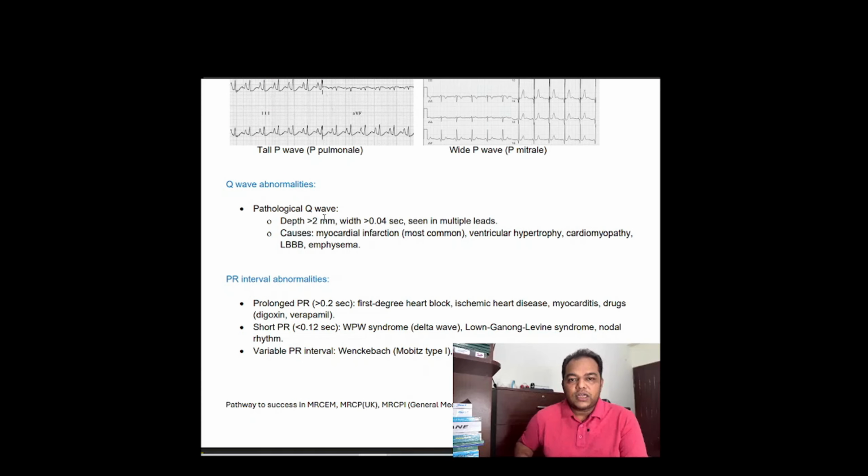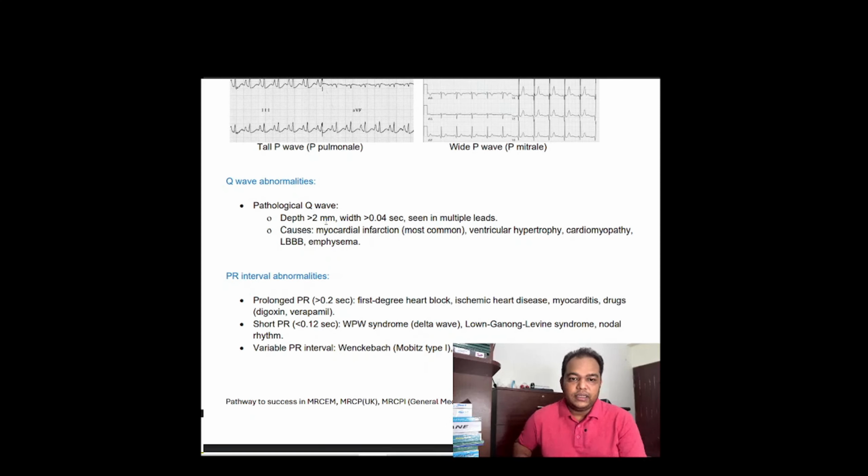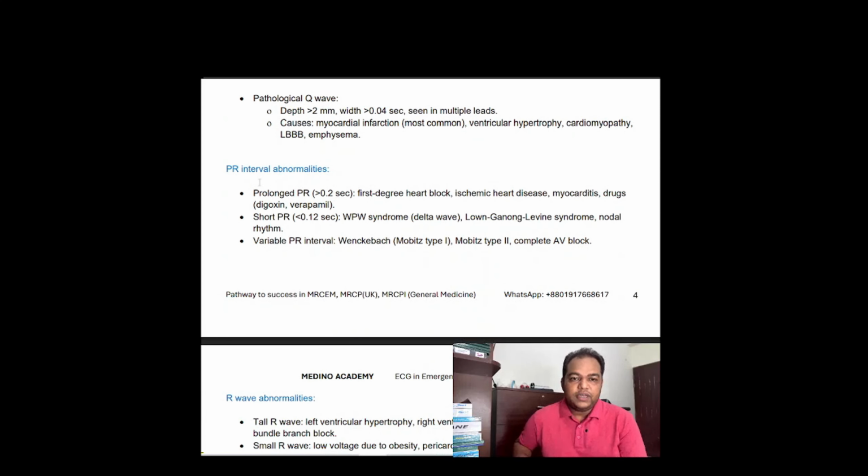Now, the pathological Q. Q wave is pathological when the depth of the Q is more than 2 millimeter or more than 2 small squares. PR interval abnormalities. PR interval is prolonged when it is more than 5 small squares or more than 0.2 second,